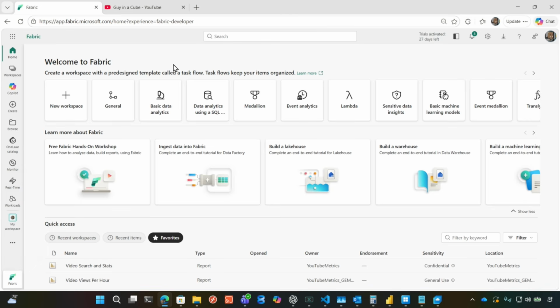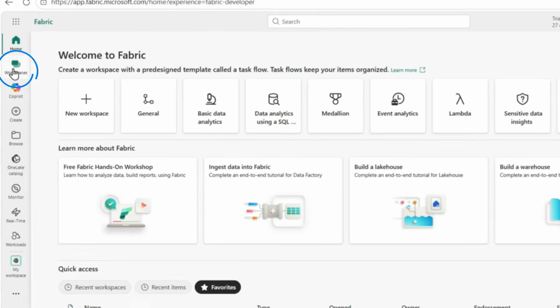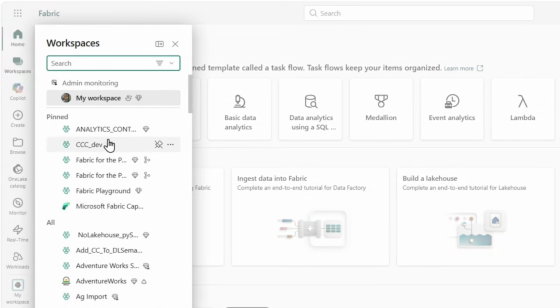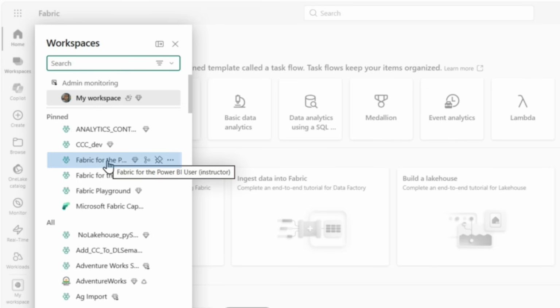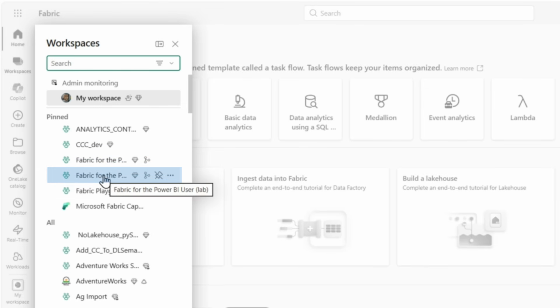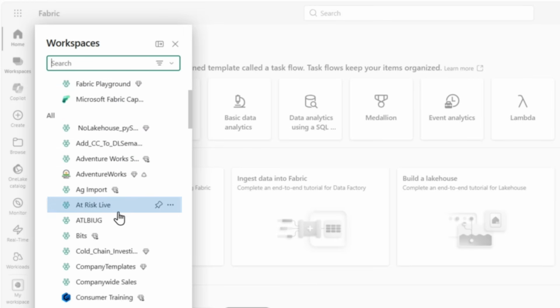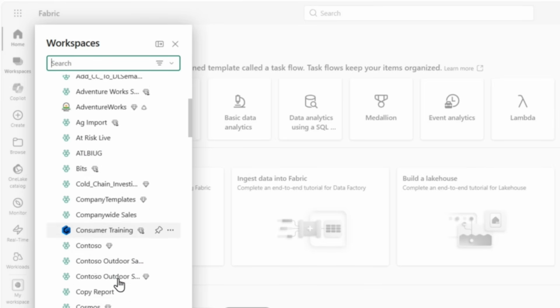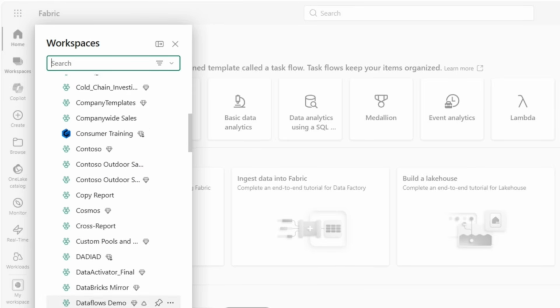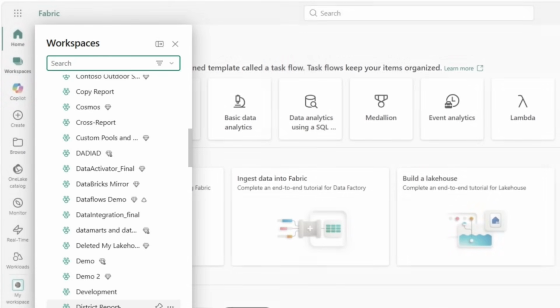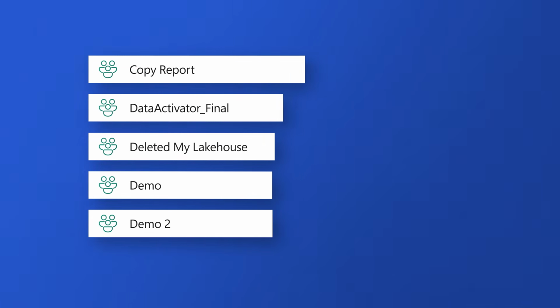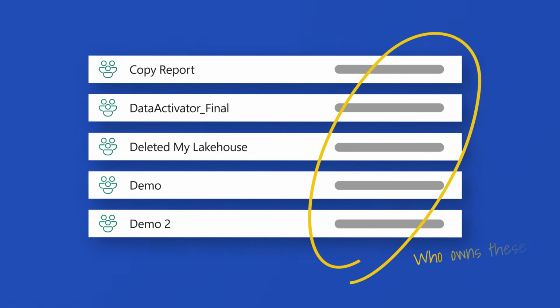This is our Guy in a Cube Fabric tenant. And if you look at our workspaces, I actually have some pinned up. And if you look at the names of these: Fabric for the Power BI user, Fabric for the Power BI user, Playground, CCC Dev. What does CCC mean? At risk, ATL, users group. I think that was for SQL bits. It's just absolute chaos. When I look at that list, the first question I would ask people is, who owns